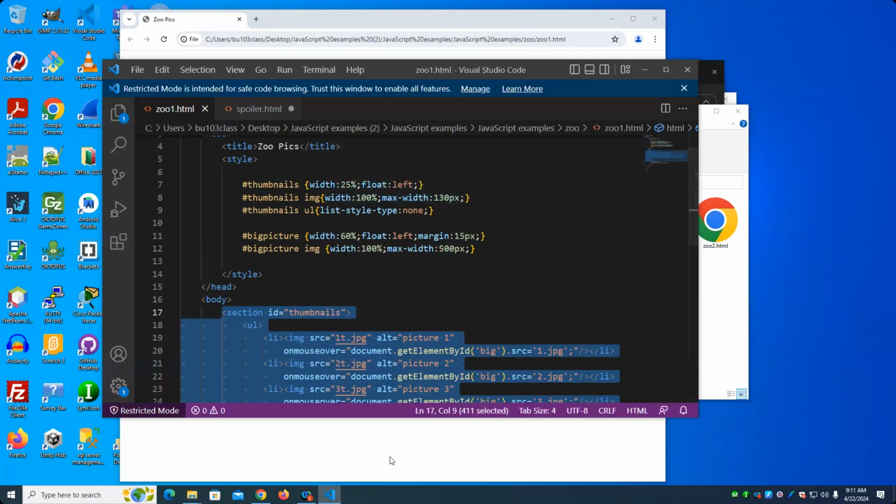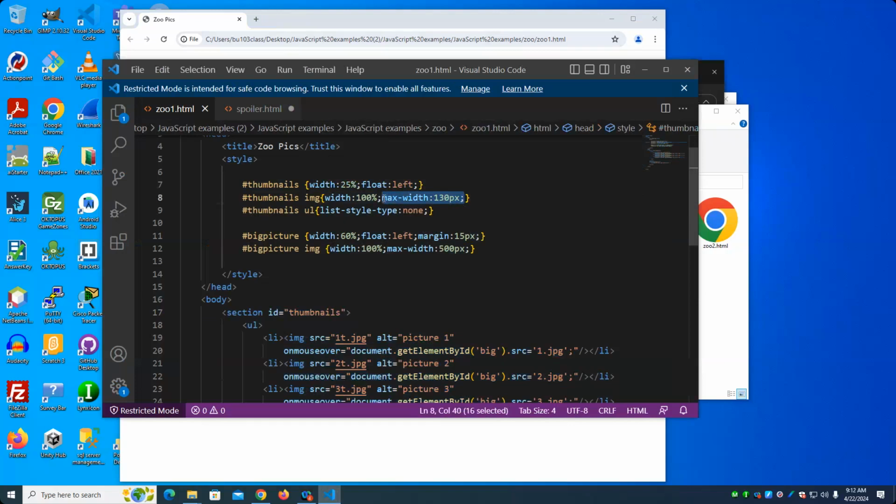All right. Why do I have the maximum width on here? Well, because 25% of the page could be really big on a wide screen. The page could be over 1,000, maybe 2,000 or 3,000 pixels wide. So 25% of that would be what, 500 pixels, something like that. So I have that maximum width here so that